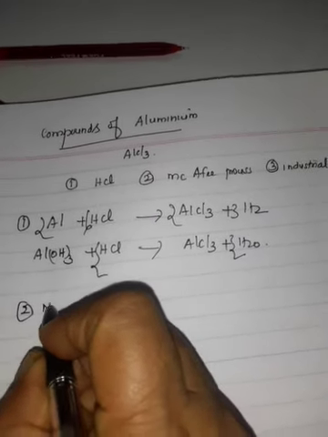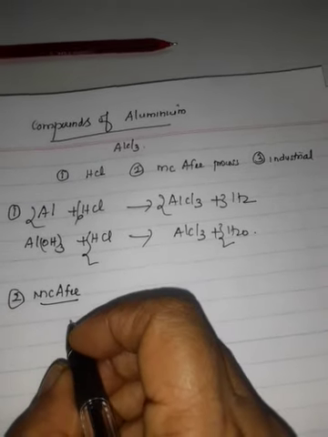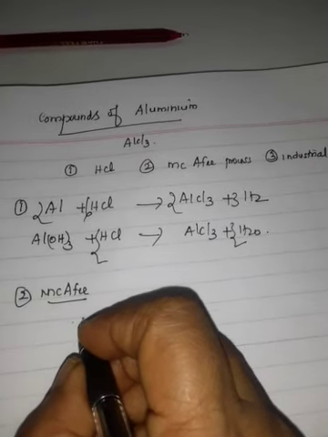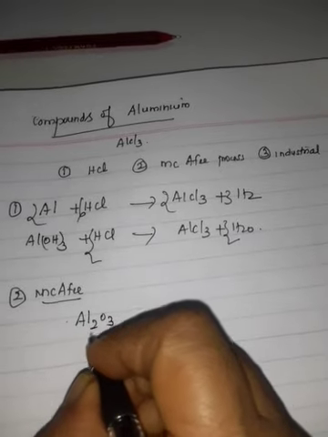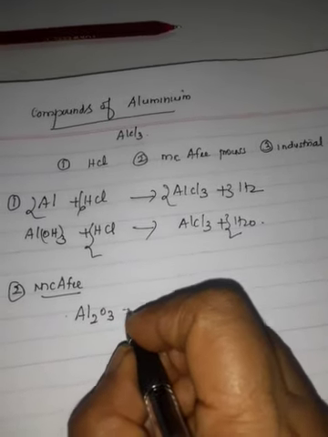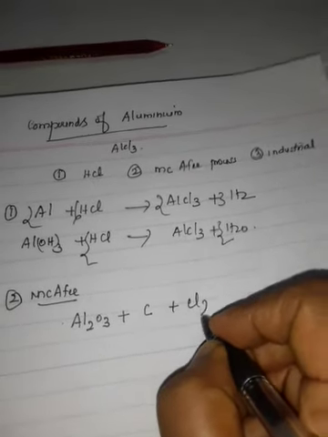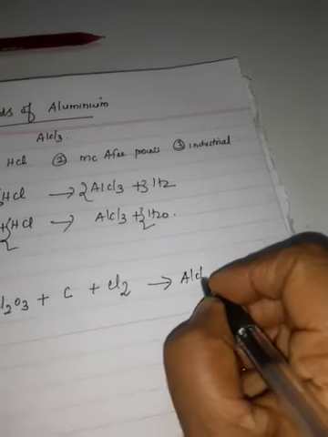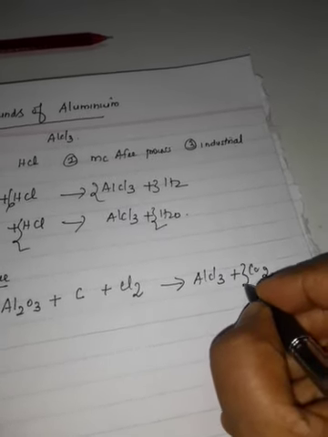Second one, McAfee process. In the McAfee process, aluminium chloride is obtained by treating alumina, formula Al2O3, or aluminium oxide, with coke or carbon in a current of chlorine. So we are getting aluminium chloride and carbon dioxide gas liberated. On balancing,